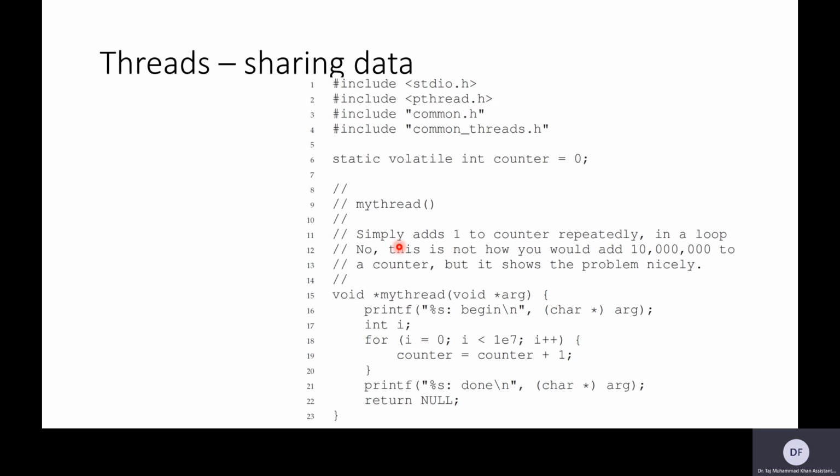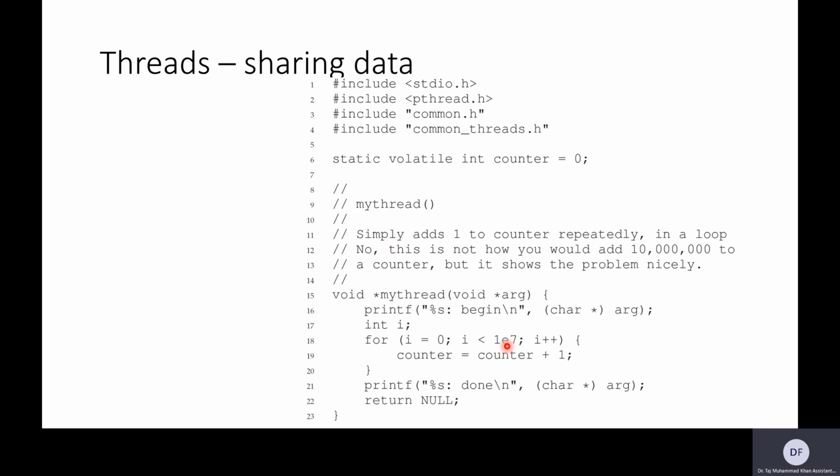So then we saw an example of running threads in parallel, and then we saw another example where threads are sharing global data. This global variable counter will be shared between all threads in this program. Within a thread, this is a function that we would run as a thread multiple times in parallel independently. All these threads running the same function would access this variable counter, and they all will try to increment this counter